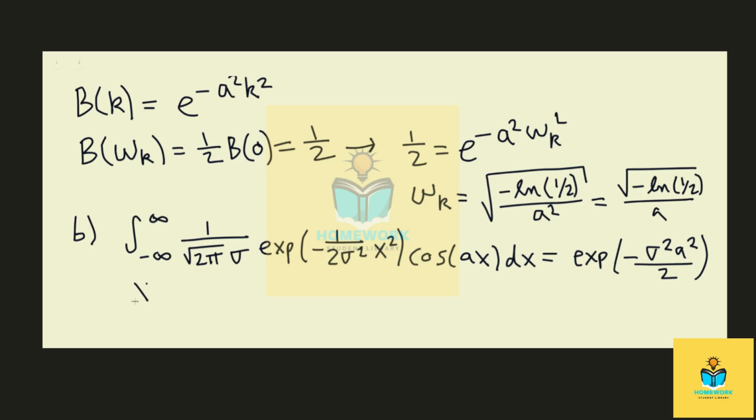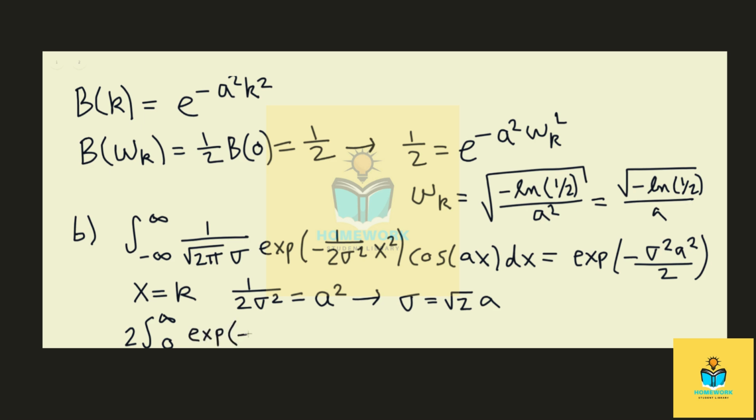So if we let x be equal to k, and we let 1 over 2 sigma squared be our a squared, we move some stuff around. A consequence of that is that sigma is root 2a. We can start working with this. So I'll try to squeeze it into one line. We can set this up so that 2 times this integral of the exponent negative a squared k squared sine of kx